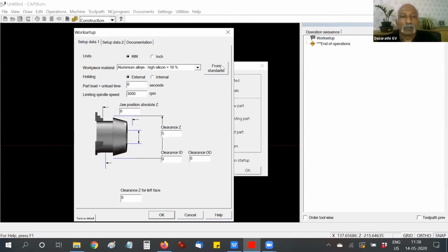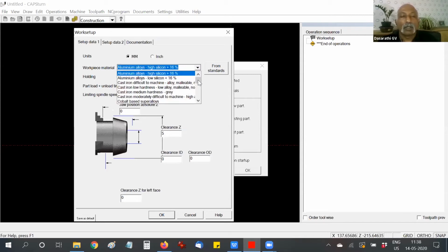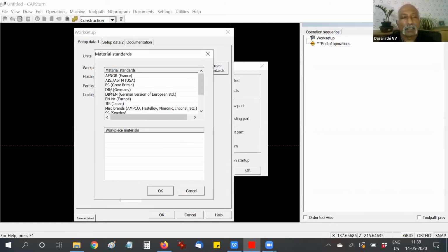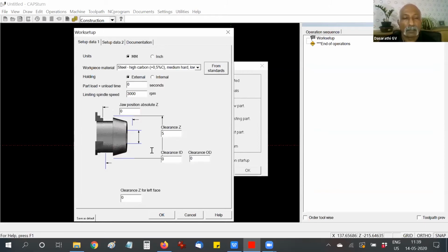This is called the work setup. So what workpiece material do I want to cut? First thing, because this decides various things, right? What cutting parameters to use, what the spindle power requirement is for each operation, all that it'll decide. Let's say I select this material. You can either select the workpiece material from a generic list of some 20-25 materials like this, or you can select it from the standard. If your drawing has any of these, the drawing will mention the standard. So just select it from that standard.